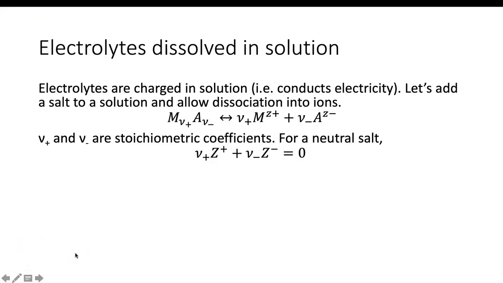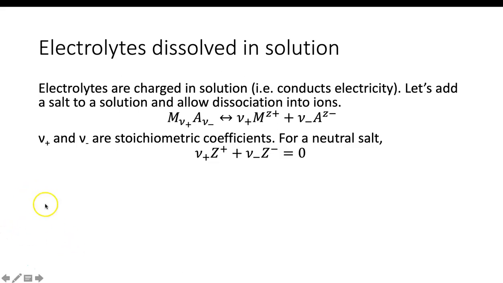Okay, so let's set up our situation here. We have electrolytes, so what we mean is something that's charged in solution or conducts electricity. So for example, a salt, an acid, or a base are all examples of electrolytes. So let's add some kind of salt and allow it to dissociate into a cation and